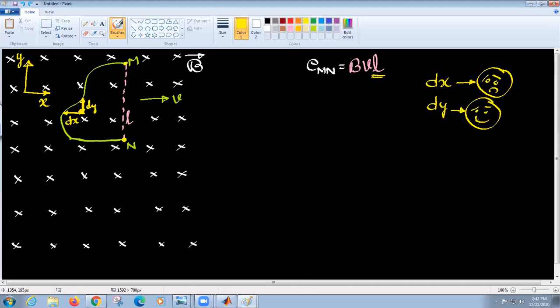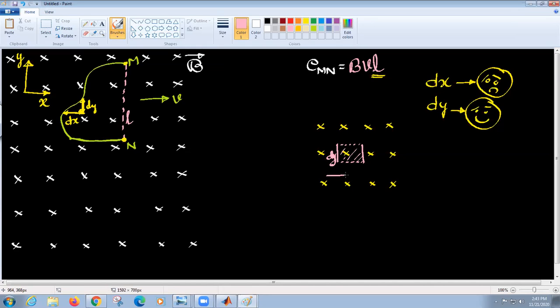He is not smiling. Let's make it. Of course, he's serious, but think he's smiling. So this one is contributing to the induced EMF because this dy is just like this, if this is your magnetic induction direction. And this dy, for example, let me take it in color, this is my dy. So when I move this dy like this, now he's cutting, right? Now he's cutting magnetic flux, yes or not? Yes, sir.